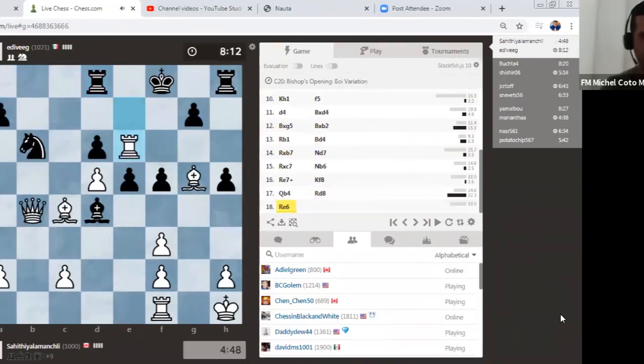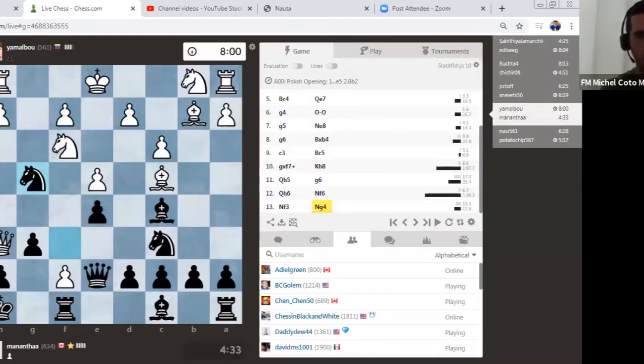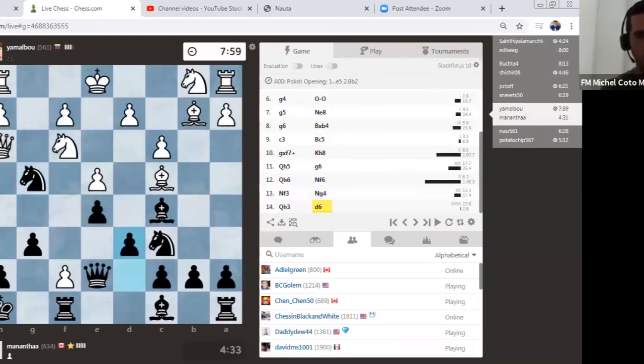Well, and Saiti is playing very well. She has the queen up, but keep focused because your opponent is threatening things, but she's doing very well. Or he. Well, sorry, I'm not clear about the name. But very well. I think she's the only one who's winning. Let me continue checking here. Okay, Mananda, you're doing well. Now you're threatening things, but